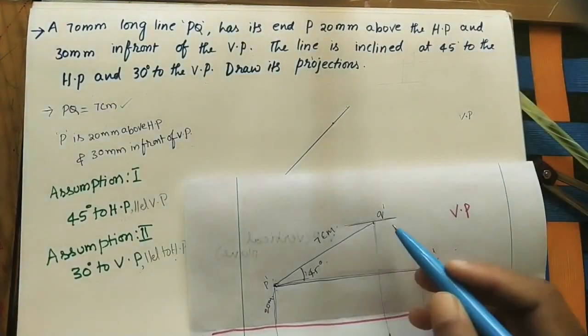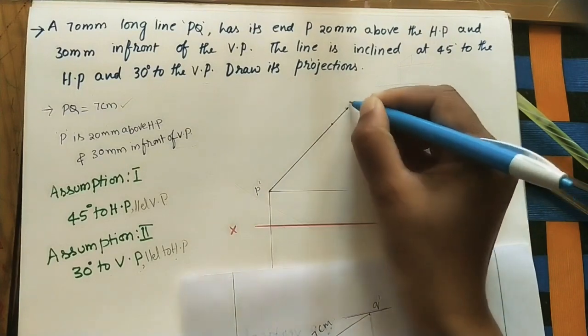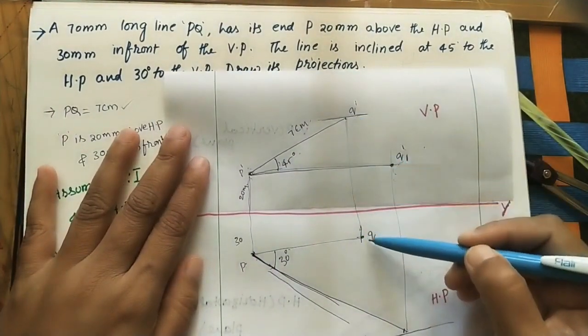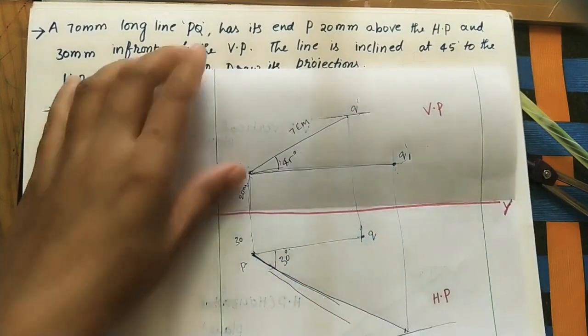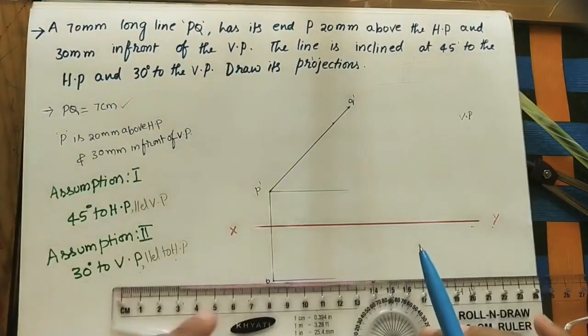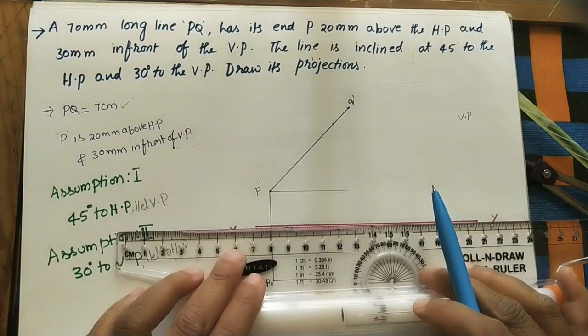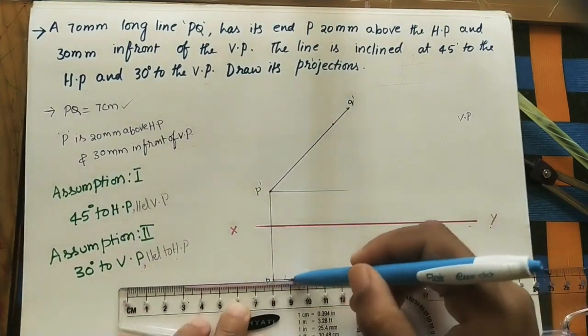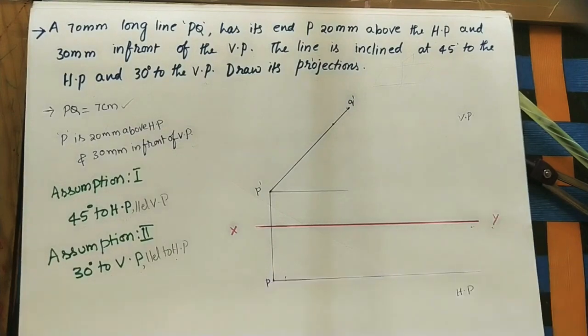This point is Q dash. Okay. Drop this line, do the projector line up to the P horizontal line. Just extend this line. I am taking this as the reference line. Use the roller scale for doing the parallel lines. Extend this line like this.